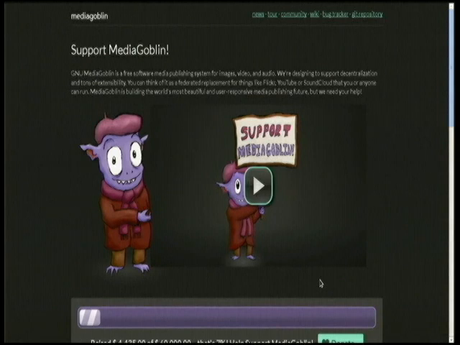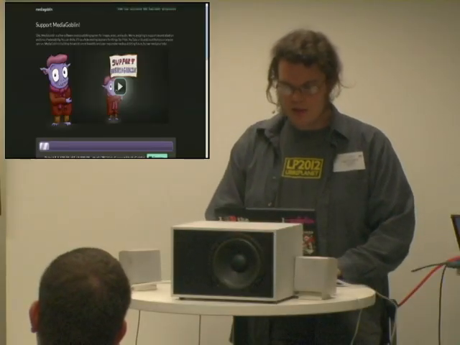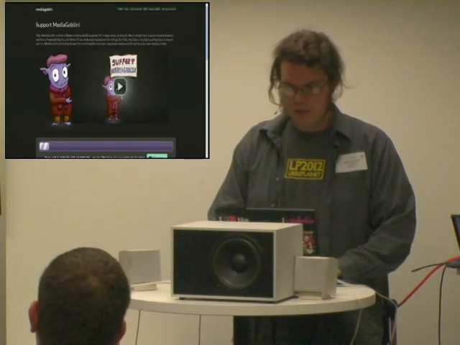MediaGoblin is itself written in Python, which is pretty exciting. There are also a lot of things, especially in the last month when I've been preparing this campaign, that have to do with Python. Preparing this campaign has been in some ways the pulling together of a lot of my crazy skills.